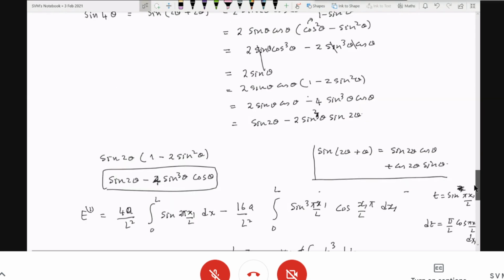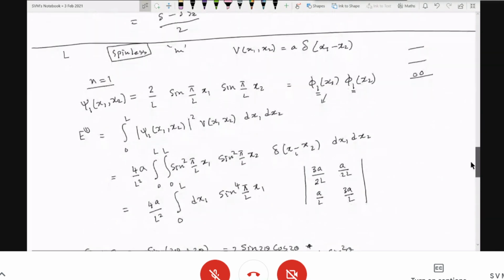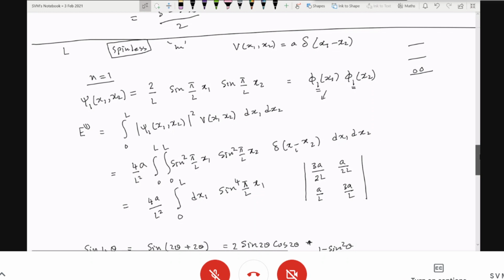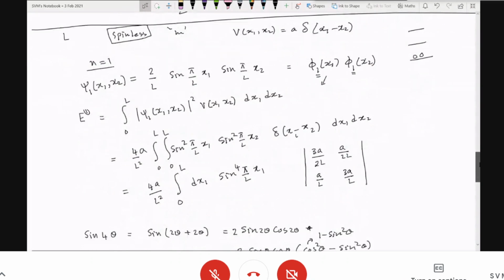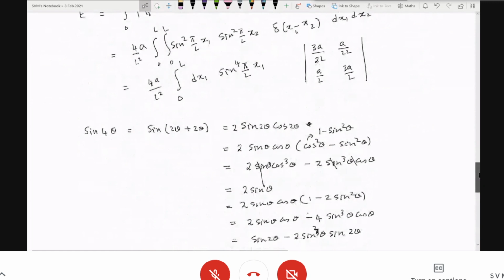So there might be a mistake in the question. But I think this is a standard question. It is there in Sakurai's Modern Quantum Mechanics, in the exercise problems in the identical particles chapter, or perturbation chapter. One of these chapters, this question is there. But anyway, please check this.